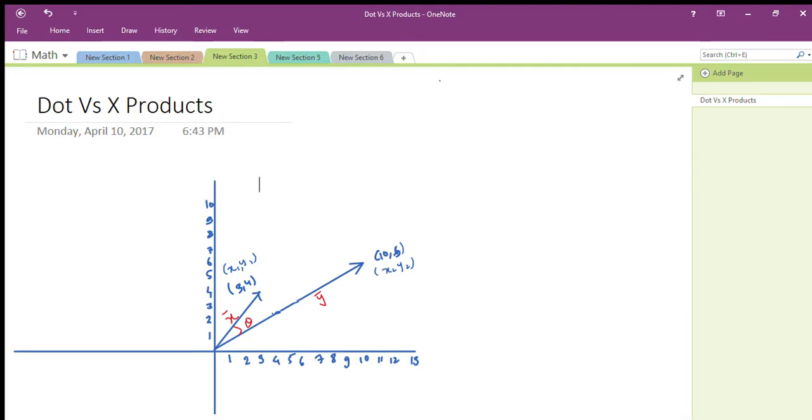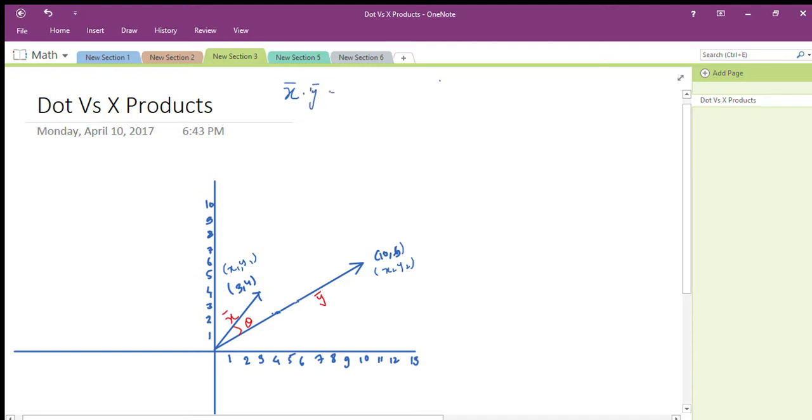Okay, let's quickly see today what the products between vectors are: the dot product and cross product. Let's start off with the dot product, the easier and more intuitive one. So I've got two vectors over here, x bar and y bar, and then when you say x bar dot